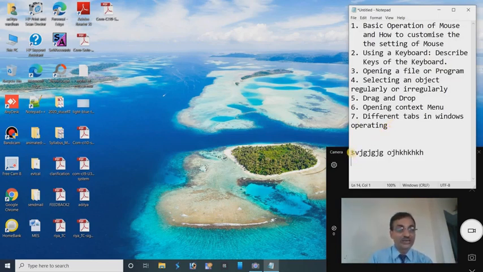Bring the mouse pointer before the line, and now use the backspace key, because the backspace key is simply used to erase the character. So we can simply interact with the computer.